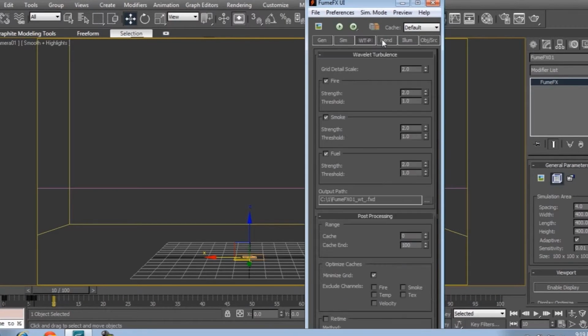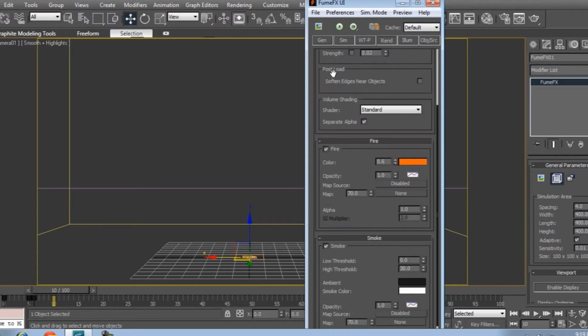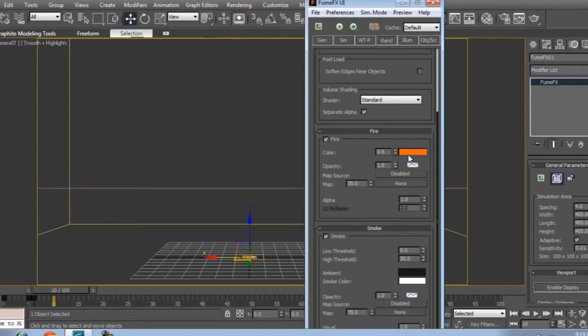All right, then we have a rendering option. In rendering we have this, it'll speed up our rendering process, make it 30 and even more, and right